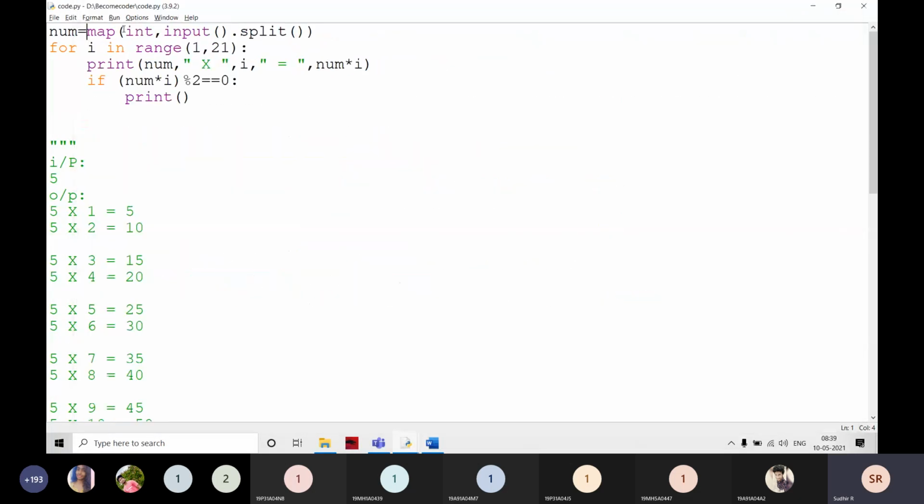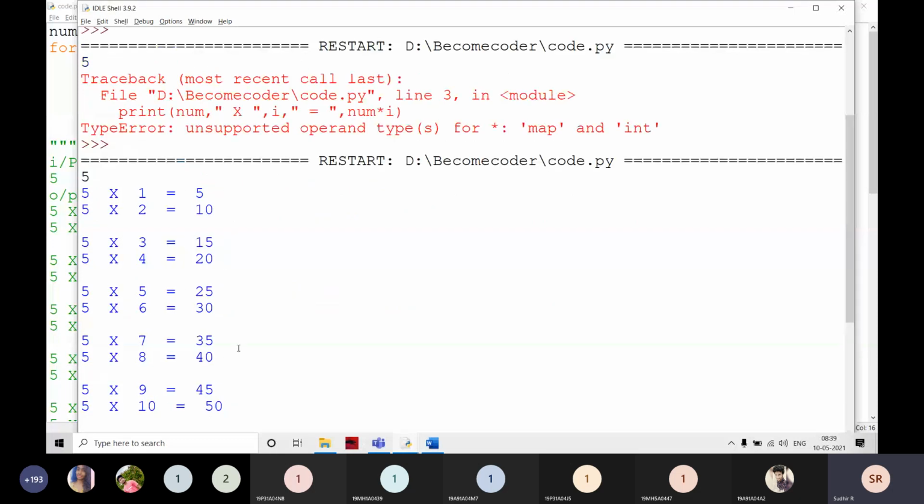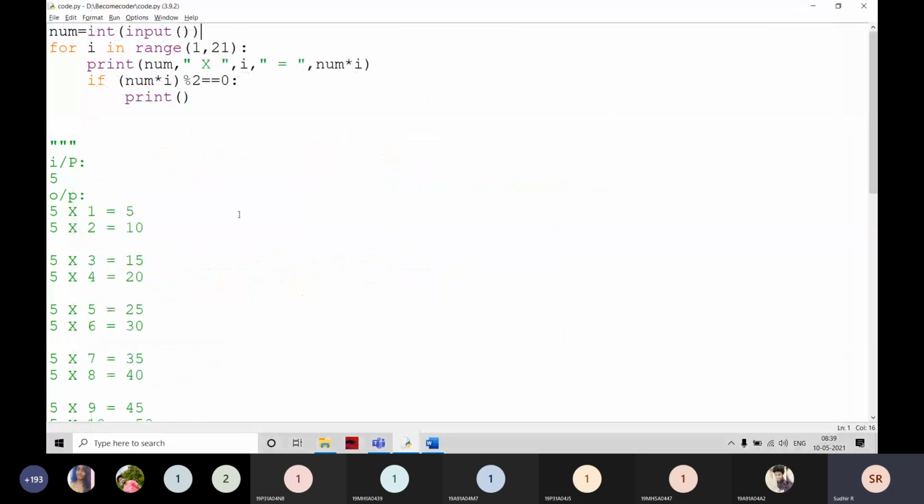Input of, I'm going to give the value like this. If it is an even number, automatically it goes like this. A simple program, not a typical one. If the result is an even number, you want to print another extra new line.